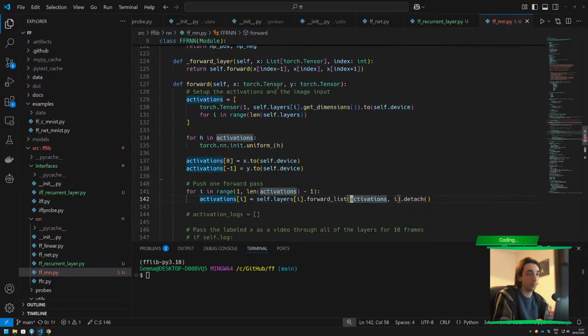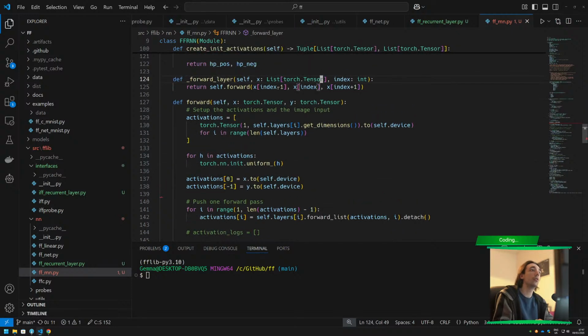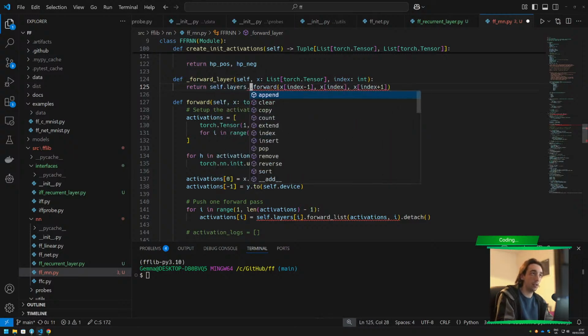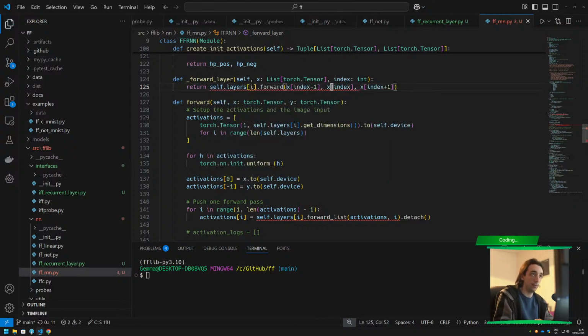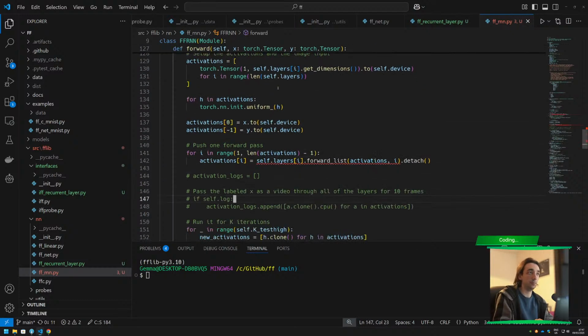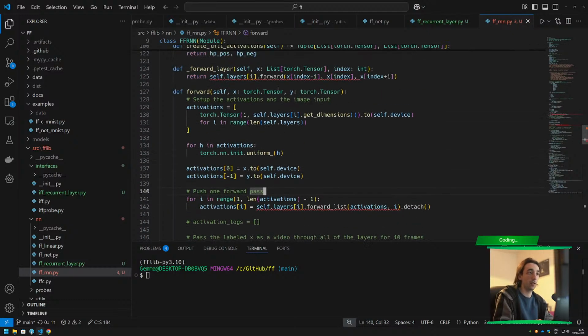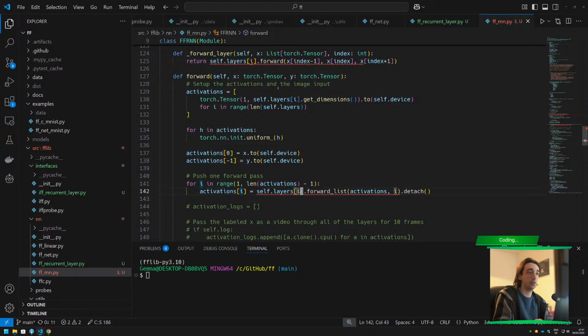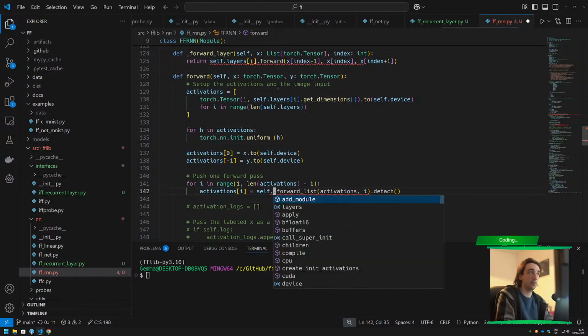Okay, so now you are saying, or no, you're just saying an int. Yeah, you're giving this, and then instead of self.forward, you're doing self.layer set I dot forward this stuff. And here what you can do is just self dot